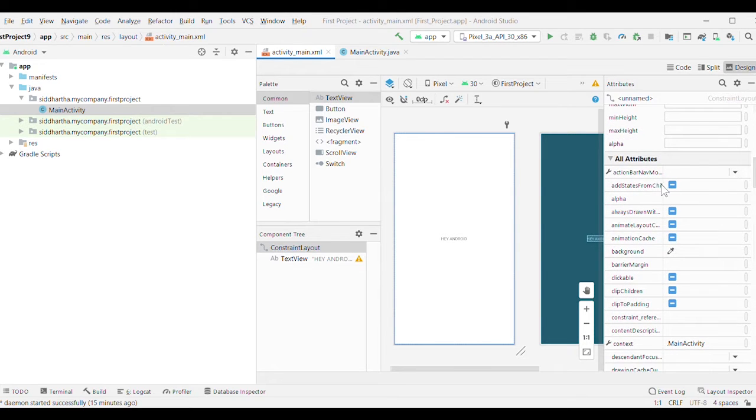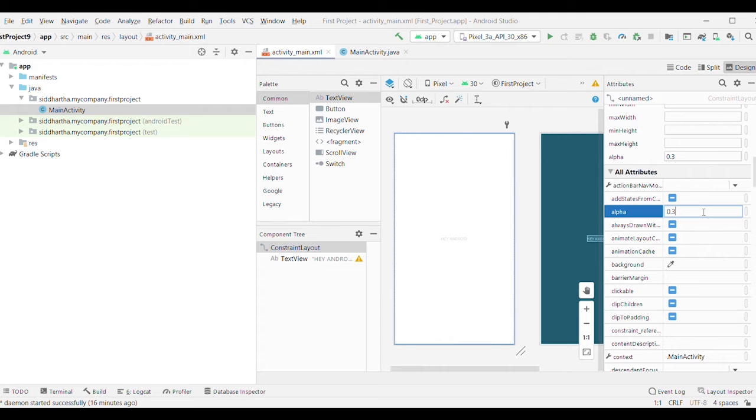Now alpha is the value which ranges between 0 and 1, by which we can increase and decrease the opacity of the text written over here. Opacity is nothing but the boldness of the app. If it is closer to 1 then it will be more bold, and if it is closer to 0 then it will become light, as I show you now. As you can see, when the value of alpha is near 0, hey Android disappears. I will make it 1 for now. Yes, now it is completely visible.